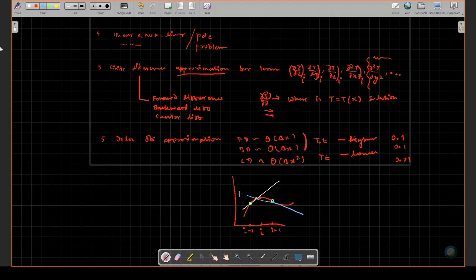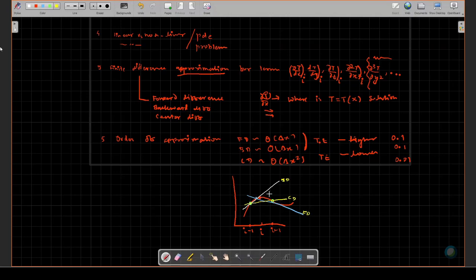Okay, it should go to this point. The central difference will go by taking these two points. So you have these two points in action along with the third point, but essentially it is calculating the slope at this point. The white line and blue line need not go through this point, this ith point. It is the slope at this point. So this is for central difference, this is for forward difference, and this is for backward difference.